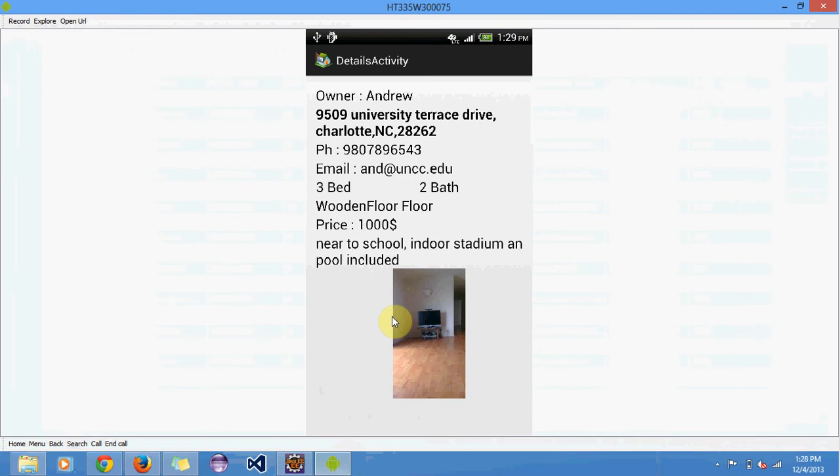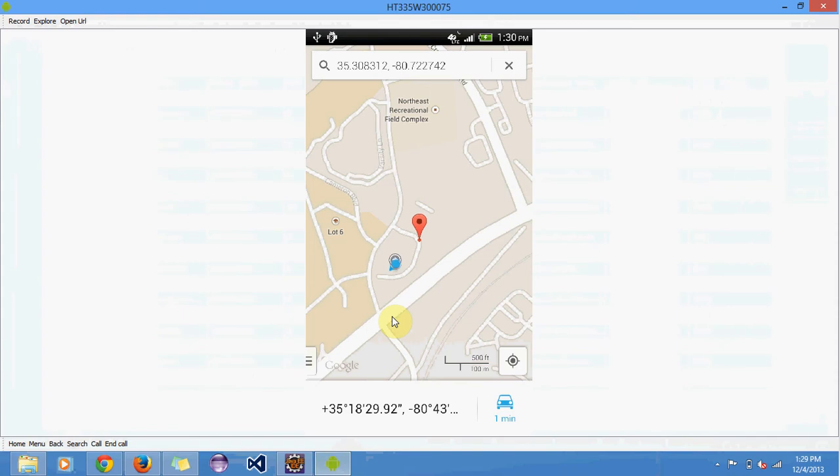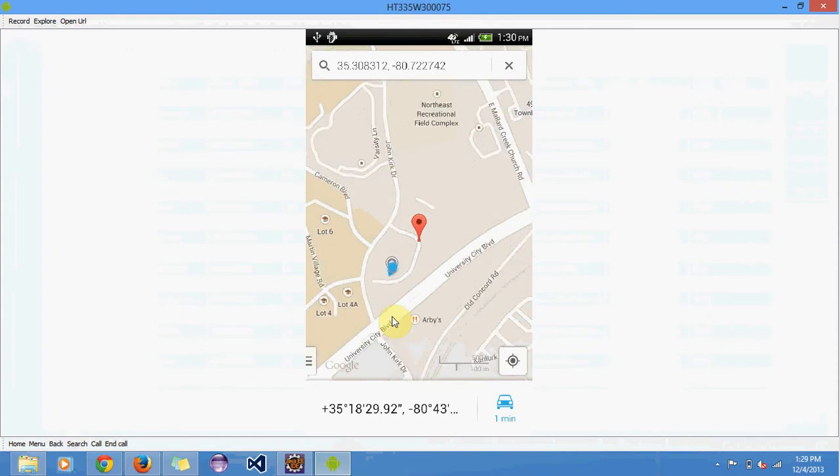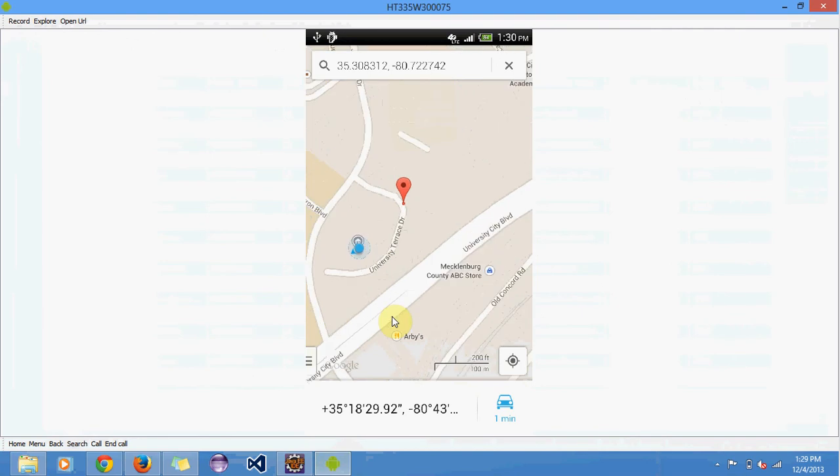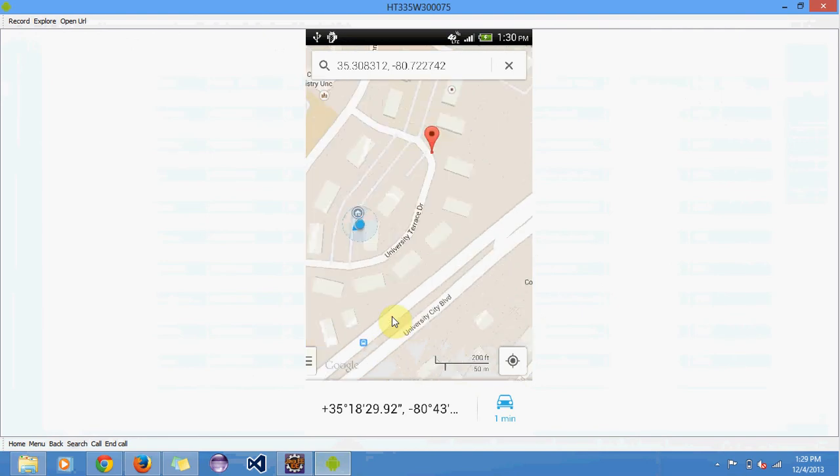It generates a list view, and whenever I click one of the items, I can see the address, the owner, and the following details along with the picture that was clicked. Now you can see in bold the address there. When I click that, it will open the GPS functionality for me through the maps, and it will show the location of the apartment. You can see the coordinates there, and if you click on the option, it will enable the GPS for you.